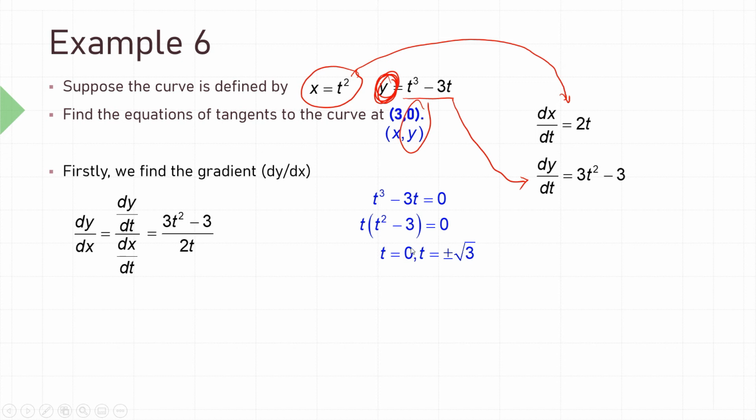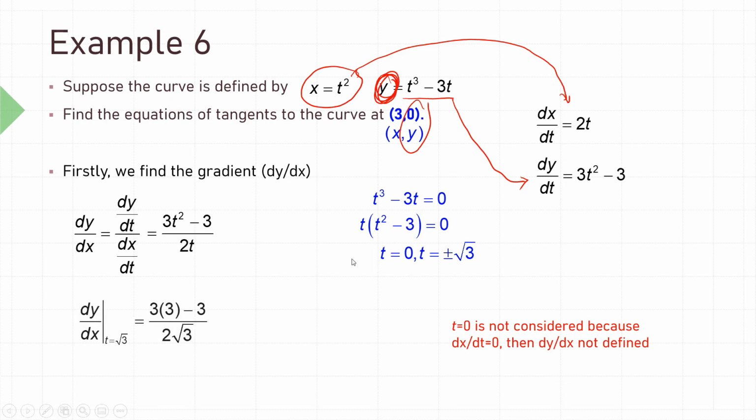Right, so now we need to substitute the value of t equal to 0, t equal to positive root 3, and also t equal to negative root 3 inside dy over dx here. But if we substitute the value of t with 0 here, we will get dy over dx being undefined. Therefore t equal to 0 is not considered, because dy over dx will not be defined. Then we only need to consider the positive root 3, meaning to say that we substitute the value of t